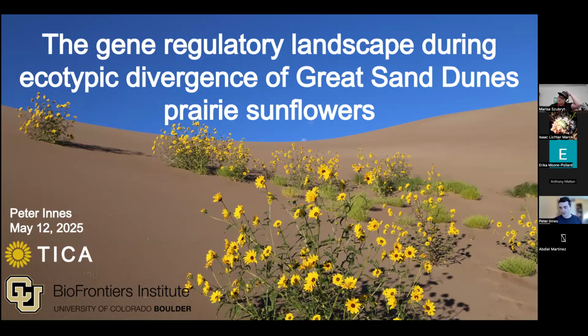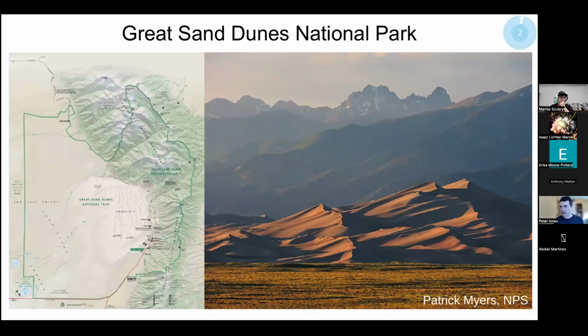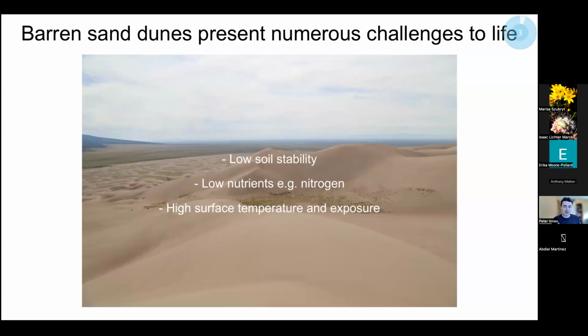So in southern Colorado, in the San Luis Valley, there's an incredible place called Great Sand Dunes National Park, which mainly consists of this vast field of sand dunes, which are the highest dunes in North America, right at the foot of the Sangre de Cristo Mountains. It's a really unique landscape and ecosystem, and it presents numerous challenges to life, particularly plants,